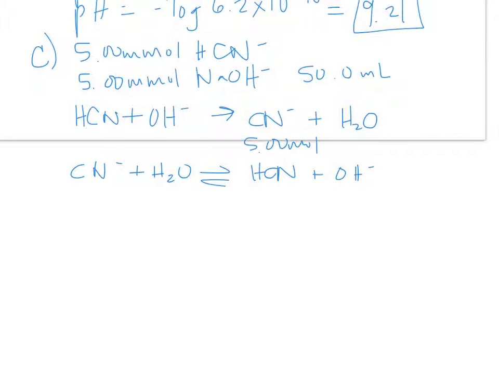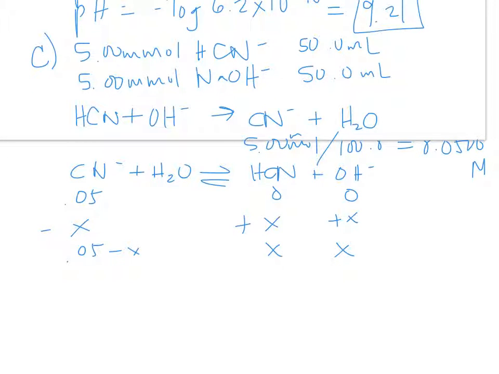So that is 100 milliliters total. So my 5 millimoles of cyanide ion will be divided by 100 milliliters to give me my molarity. I get a molarity of 0.0500 molar, which I can then put into my ICE chart